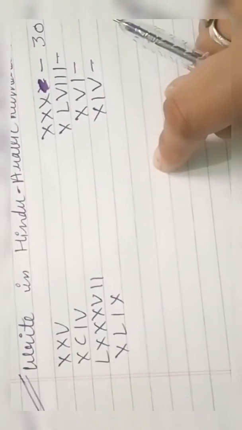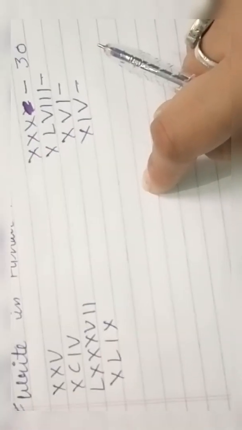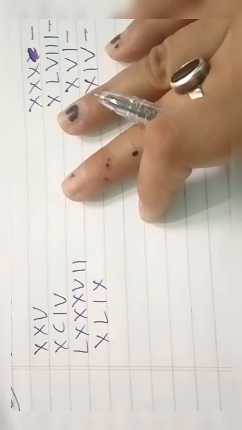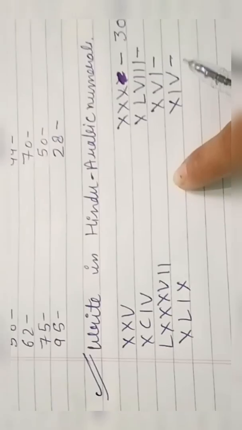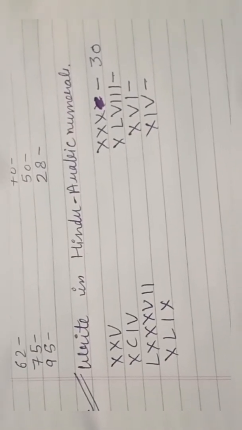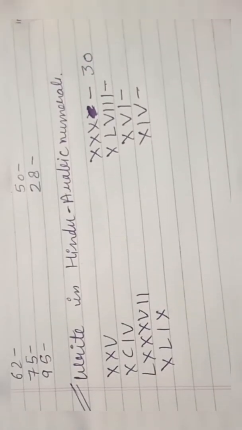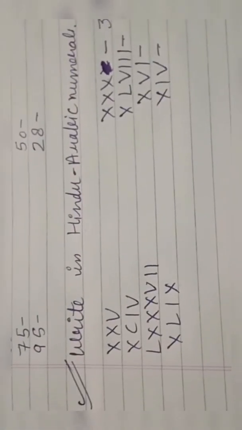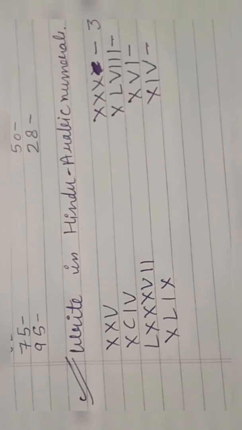I am sharing a PDF with you and you have to do all this, and I will share a chart with you on which all the Roman number to Hindu-Arabic conversions are written, so that it will be easy for you to understand. Just do this first, and after that we will start doing the other questions related to addition, subtraction in Roman numbers, comparison in Roman numbers, tick and cross out the wrong answers. Okay, till then revise and prepare for your test.